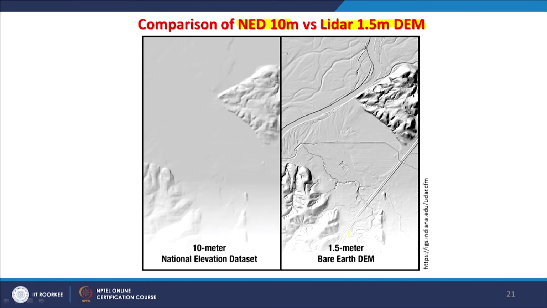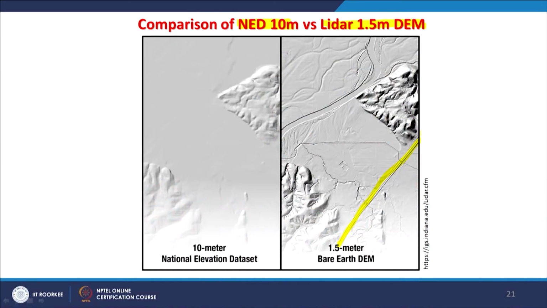However, as I have mentioned, it is very difficult to remove all surface features, man-made structures or natural canopy completely from that surface. So, it is still not qualifying as a typical digital elevation model, but is in between a DEM and a DSM. To some extent the surface features have been removed, for example in this one, but their remnants are still clearly visible in a very high resolution digital elevation model.